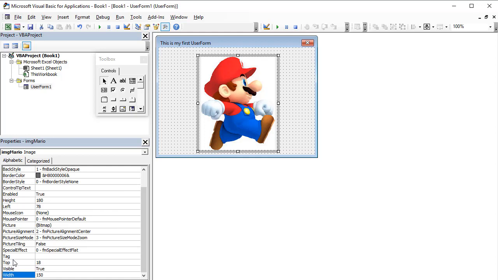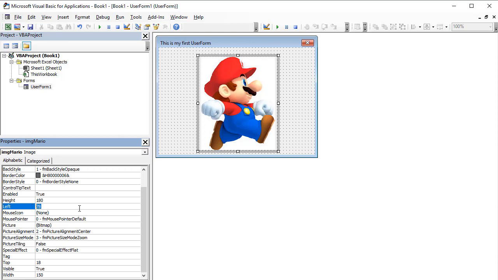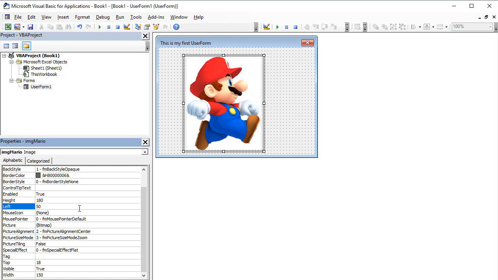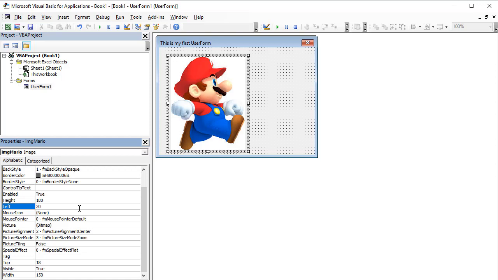There's also a top and left property. The top property is how far it is from the top of the page, and the left property is how far it is from the left. So if I change left from 78 to 50, the left value is going to get smaller. It's going to get closer and closer, 50 to 20. It's how far away it is from the left